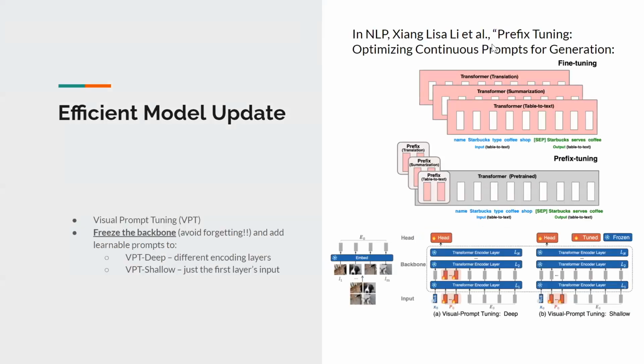So I'll motivate this work with a couple of things, right? There's a lot of work in NLP that's quite interesting. One of these is called prefix tuning. We CV guys used to think that we were smarter than the NLP guys, but actually maybe they're also quite smart. They found that if you take a pre-trained model and you want to update it to a certain task, you don't have to update the whole model again. You just need to add some little parameters, they call it prefix, to the layers, right?